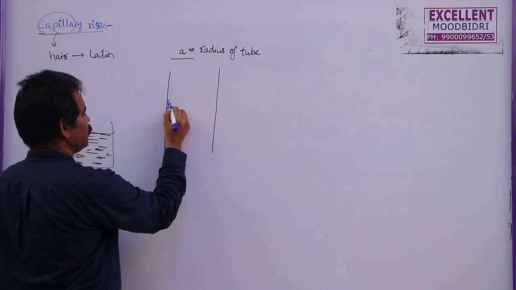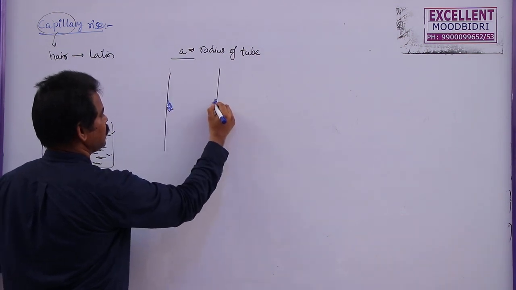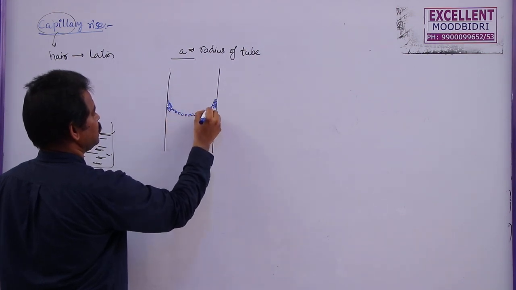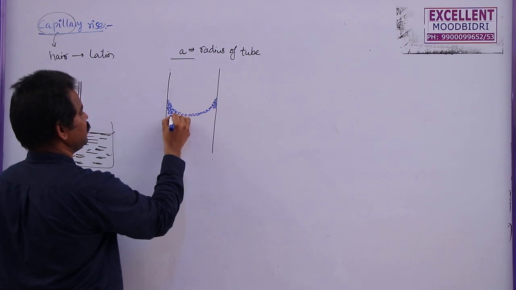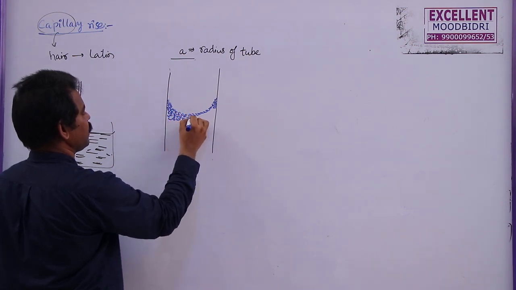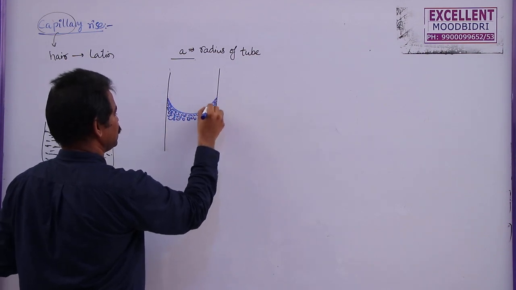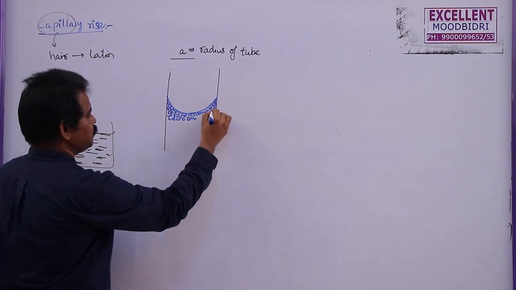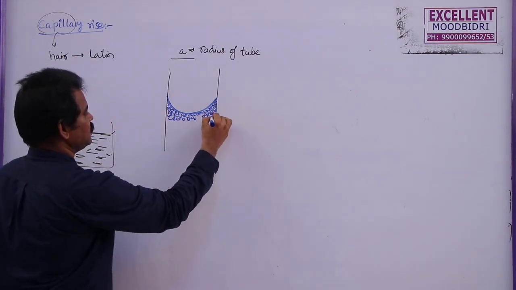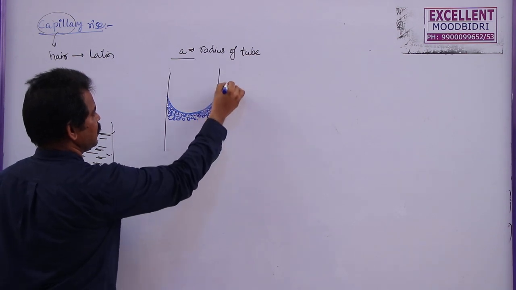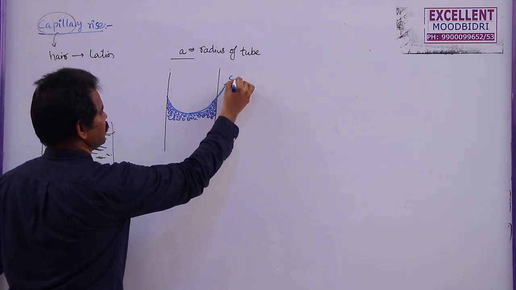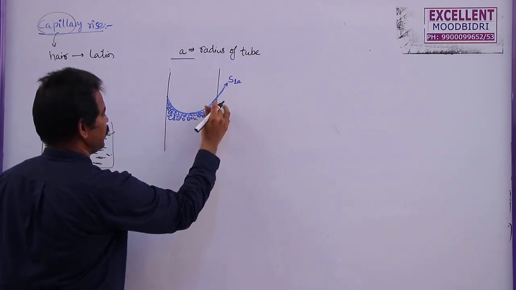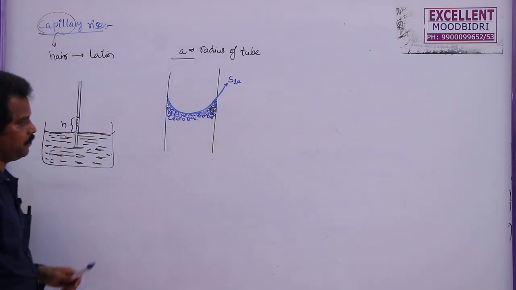These are the liquid molecules. They will rise here. Here also they will rise. But as they stick more to these surfaces than to each other, you will get a curved structure like this. So it is a curved surface. This is possible only in case of theta less than 90. You can see this is the tangent. This is the direction of the surface tension between liquid and air, and this is the angle of contact. This is the angle of contact theta.